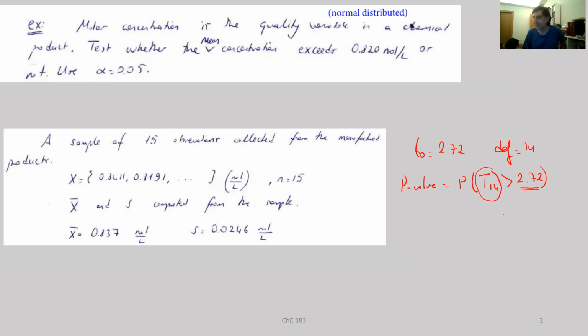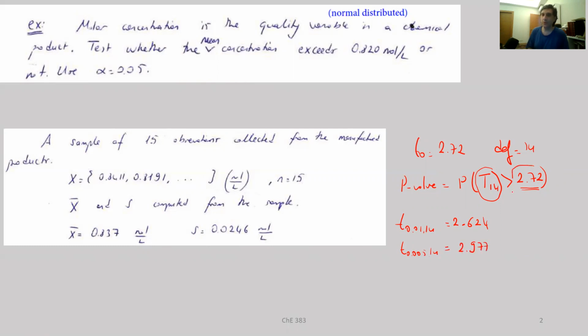Unfortunately, the T distribution table, as I said earlier, is not of very high resolution. Therefore, the best that you can do is to come up with the closest T values. And so the closest T values are, for instance, this one with 14 degrees of freedom. It's always going to be on 14 degrees of freedom. If you read from the table, T0.01 is equal to 2.624, and T0.005 at 14 degrees of freedom is going to be, of course, a higher value.